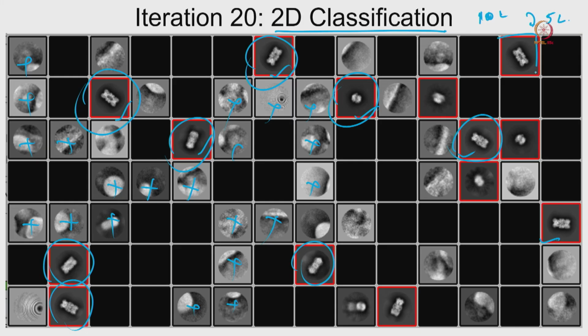Now, whatever is in this red box, you have only 5 lakh good particles. That good particle set you take for 3D classification, not the entire data set, and that is also computationally easier. This is how you cleaned your data and end up with a small data set, and then use that small data set for your 3D classification.